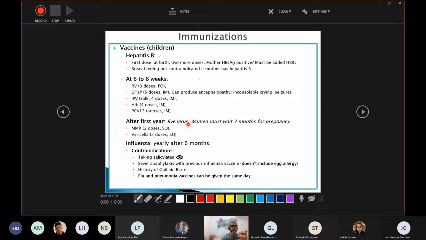We can move on. Okay. The problem of the influenza. Influenza vaccine needs to be given every year in the fall until you die. The rest of your life. Starting at 6 months of age, you can start. So it is important: you start at 6 months of age and you stop when you die. That's it. Period. Simple, sencillo. That vaccine should be given in pregnancy. In pregnancy, the vaccine is recommended. There is no virus there. It's just antigen. Okay, it's just antigen. It is genetic engineering. Okay, the vaccine is antigen only,